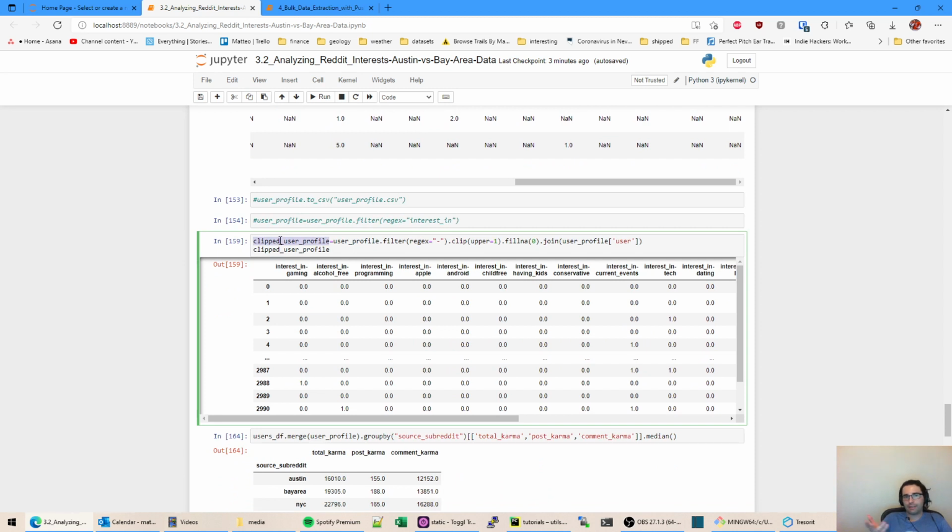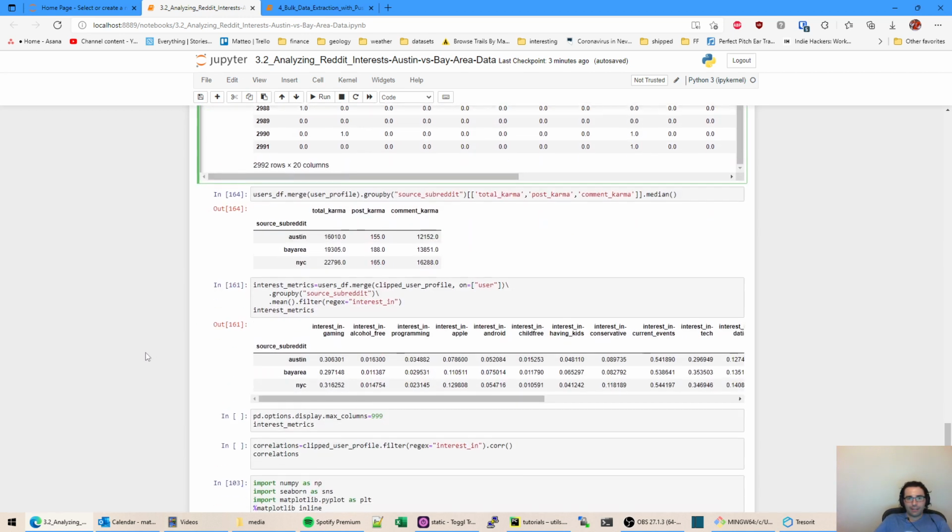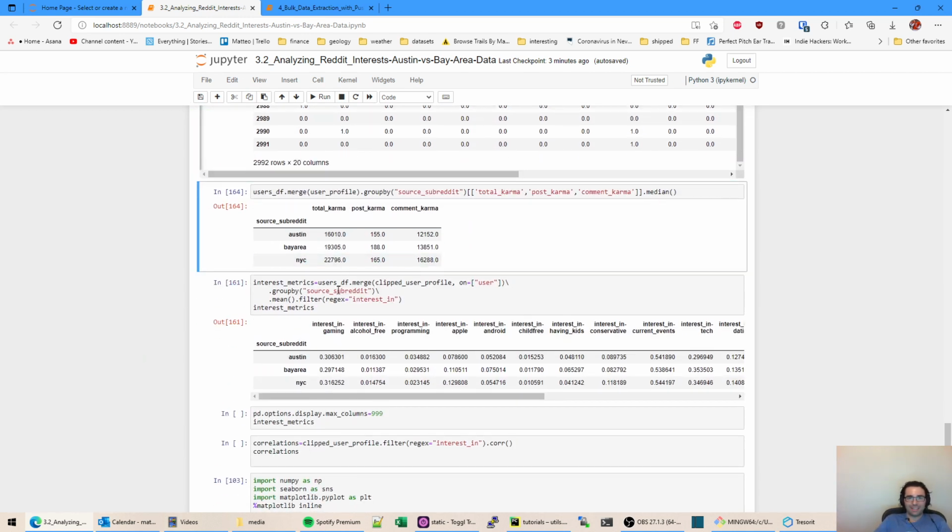So here I'm clipping the user profile to a max value of 1. So I don't really care if someone posted 20 times in Ask Guns. I only want to count it 1 time. Did they do this? Did they not? It's a little bit simpler to analyze if you just look for a Boolean, did this or didn't this, versus trying to understand counts. Like say you take the mean of counts, it doesn't quite work at telling you the percent of people that interacted in something. But if you take the mean where it's a Boolean, then you get the percentage of people interacting in something. Hope that was clear. It's a little confusing, but yeah.